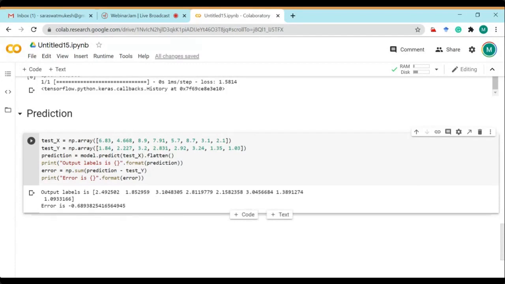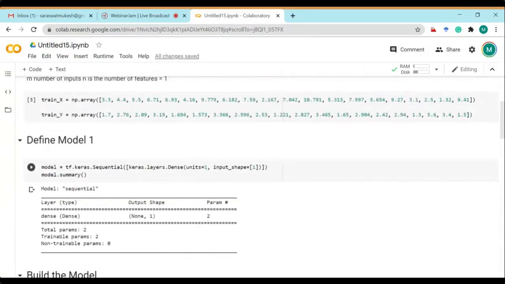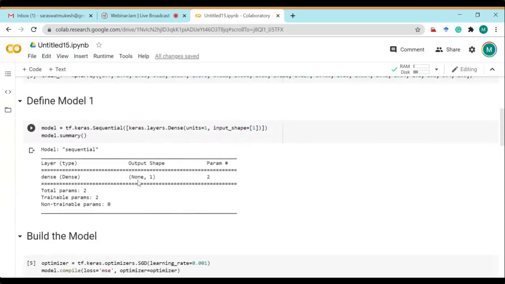So this is the simple example which I have just represented: how we can make a simple deep neural network for a linear regression model. It's a very simple model. Now we make it more complex, and we can add more neurons over here. So let's try to do that. We will either modify this one only, or see what else we can do here.